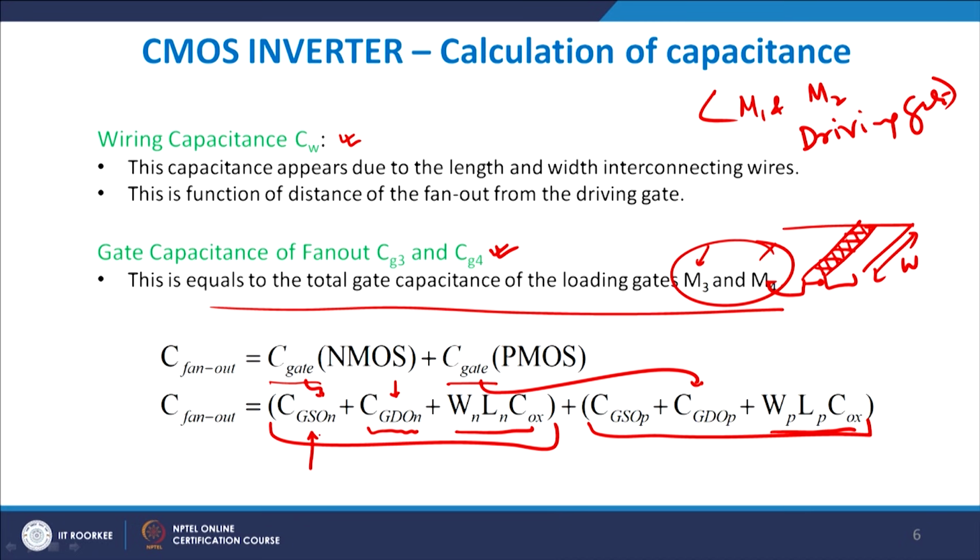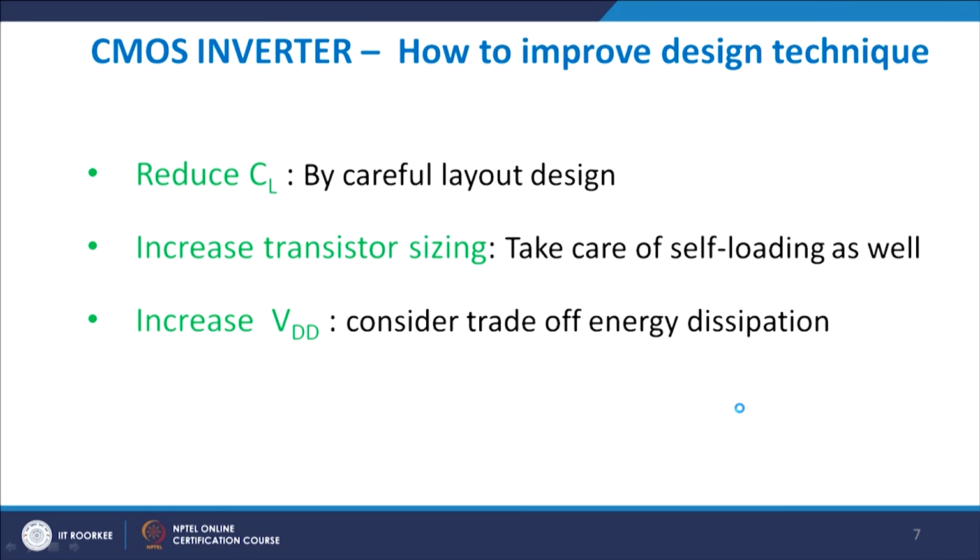So, you will have gate to source overlap and gate to drain overlap for N type, and gate to source overlap and gate to drain overlap for P type. Add all these together and you get the total inverter characteristics. We will give you numerical problems when we give you assignments to play with, and you can then use this capacitive modeling to find out the total capacitance available to you when you have a cascaded pair of